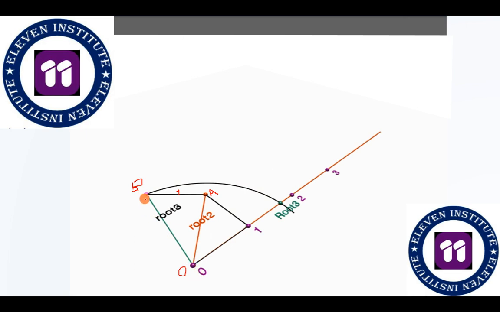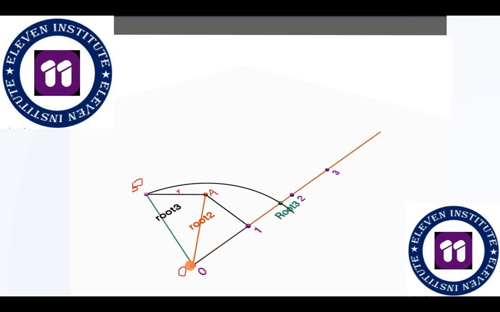We will measure this with the help of the compass and we will draw an arc, right? So I request you to please pause the video, try this at your hand at your home, right? And if you don't get this, I request you to please rewind the video, right? And again watch the animation. So this is one of the methods by which we have drawn root 3 on the number line. And the method that we have done for now is the spiral square method, right? Because we have just constructed one triangle on another triangle based upon the squares.